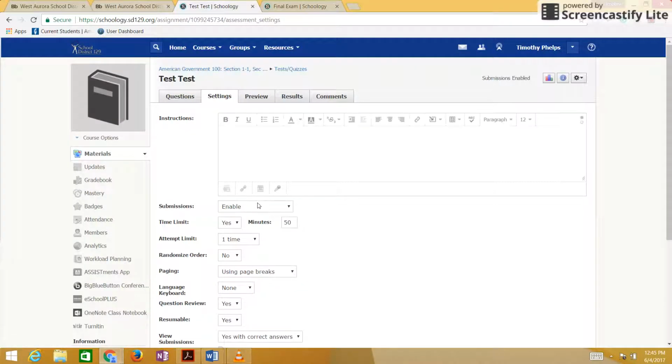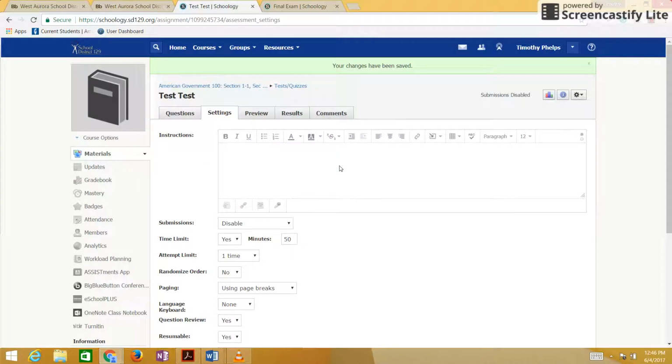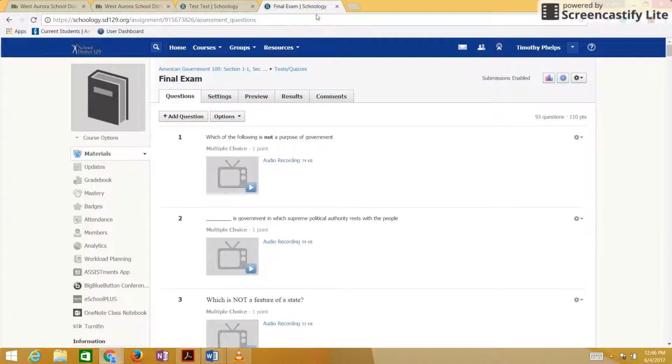So go back to settings, and again, make sure you disable your test so students can't take the test. Remember, they can still see it in your resources if you made it visible. So we're going to disable it so that even if they click on it, they won't be able to take the test. So I'm going to go to one of my actual tests to talk to you about results